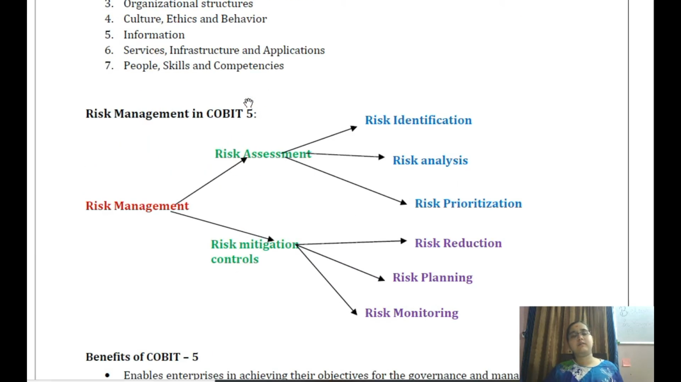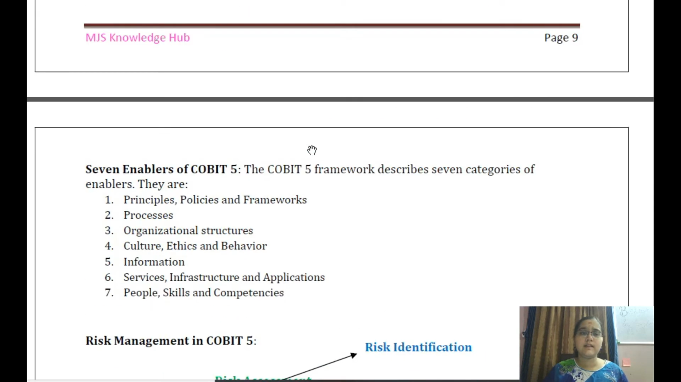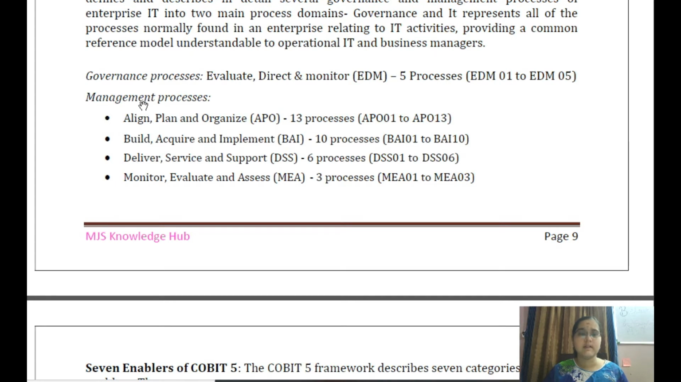Every enterprise will be facing certain risks, and these models and processes help in reducing the effect of that risk. So what are the steps taken in COBIT 5 so that the risk can be reduced? First, we have seen that in the process reference model there are 2 varieties: governance process and management process. In the governance process there is evaluate, direct and monitor. Evaluate, direct and monitor totally has 5 processes. One of the processes is EDM